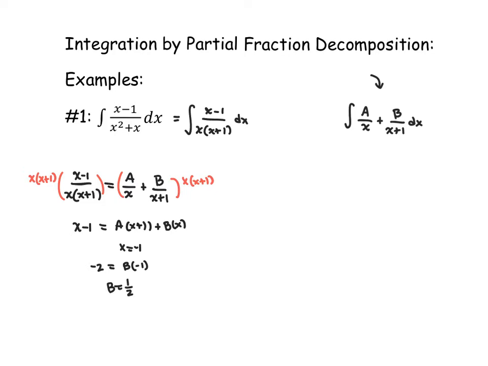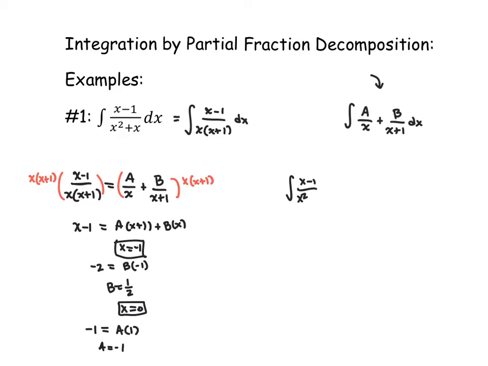Okay, what about when x equals 0? Well, when x equals 0, b times x disappears. So 0 minus 1 is negative 1, and a times 0 plus 1 is 1. So I get a equals negative 1. All right, so I've got b equals 1/2 and a equals negative 1. Therefore, what I can say is that